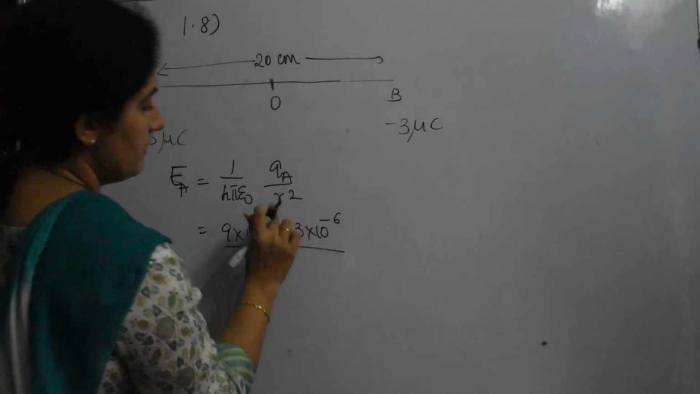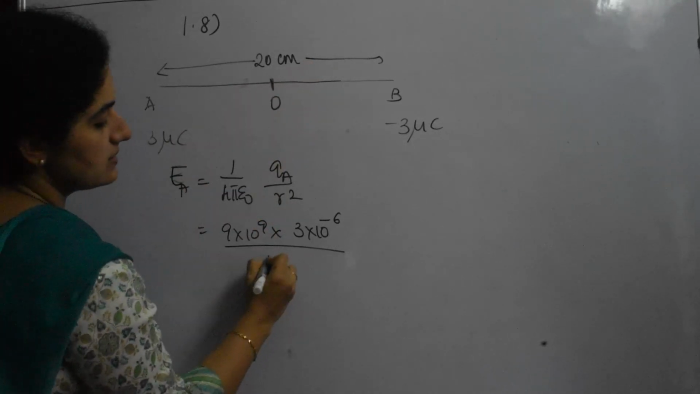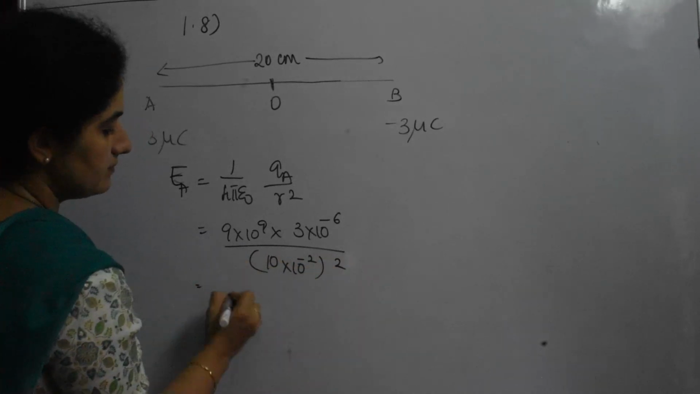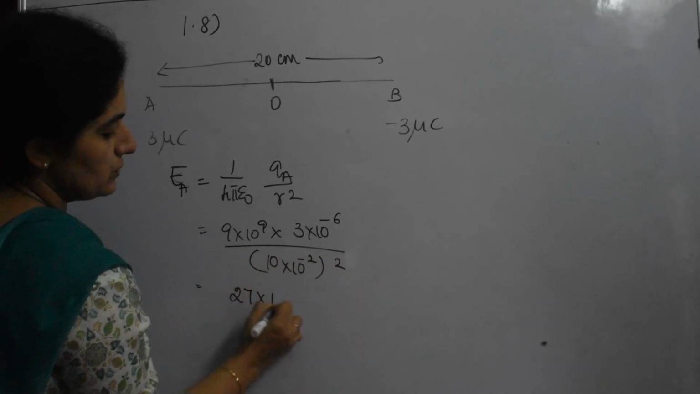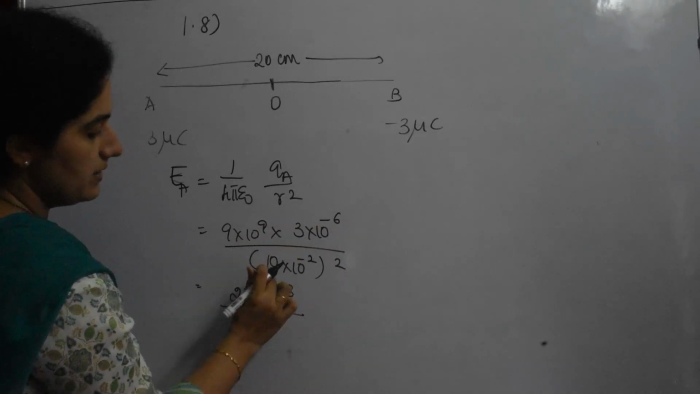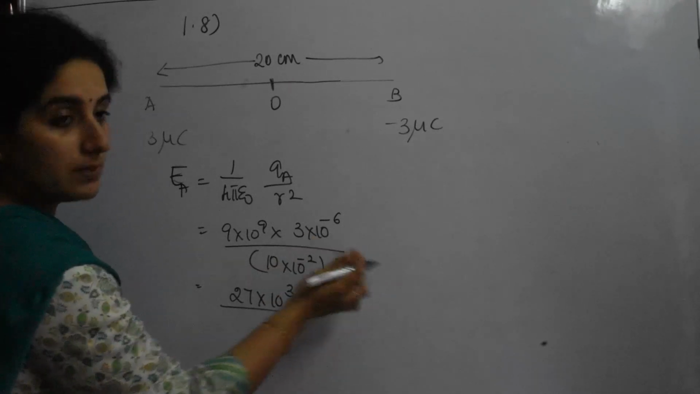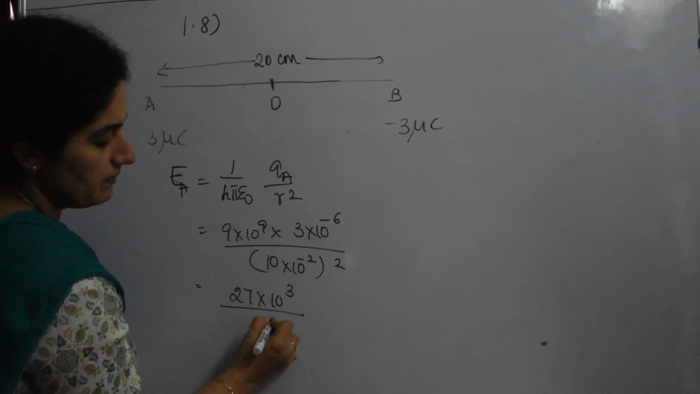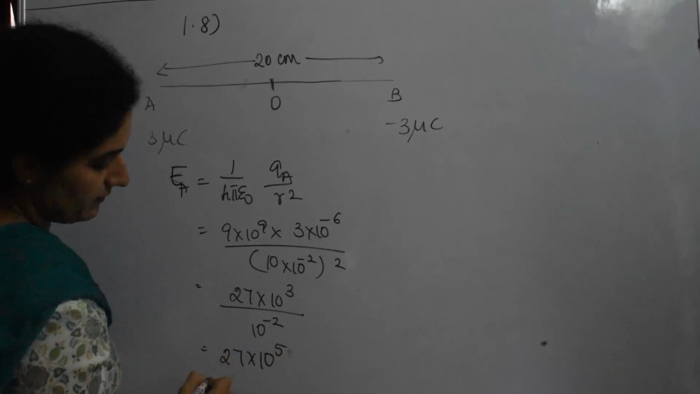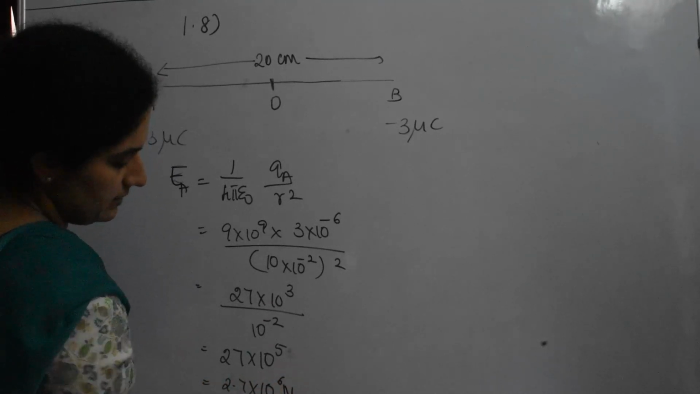Divided by R square. This distance is now not 20, it is 10 into 10 to the power minus 2, whole square. So 27 into 10 to the power 3, 9 minus 6, divided by 10 into 10 to the power minus 2, which is 10 to the power minus 1. 10 to the power minus 1 whole square is 10 to the power minus 2. So 27 into 10 to the power 5, or 2.7 into 10 to the power 6 Newton along